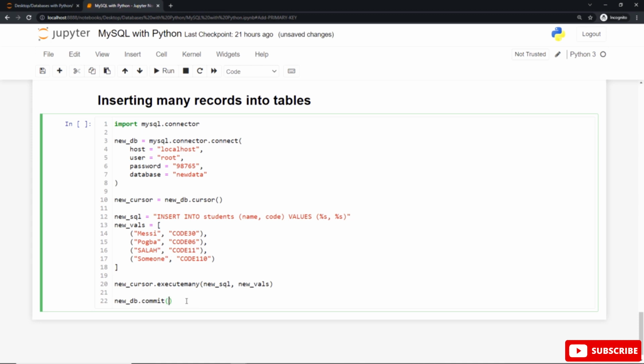You can see here the commit statement with this variable name that refers to the connection for this database, to make these changes to this database called new data, to add the new records here after the first record we added previously.